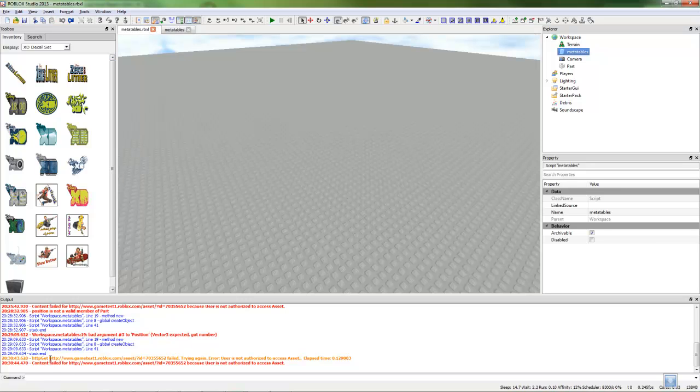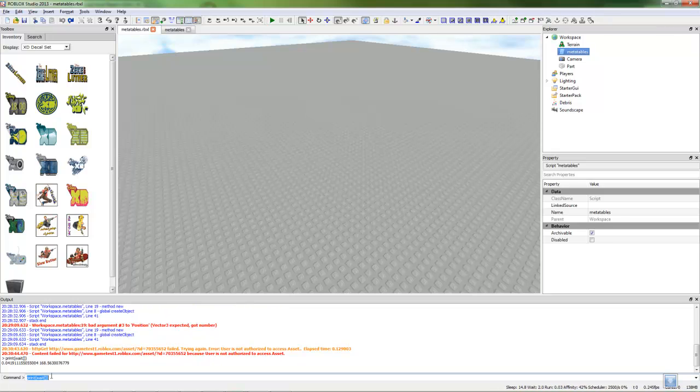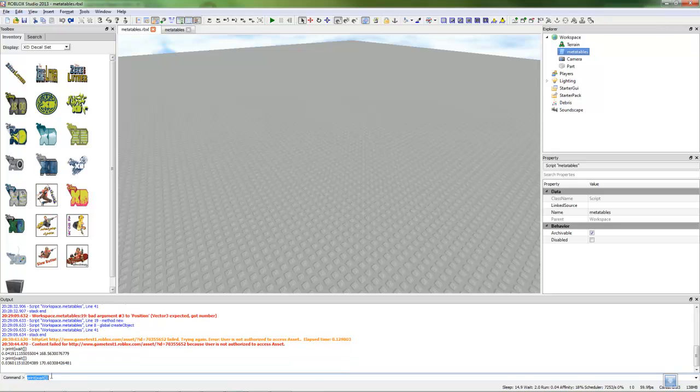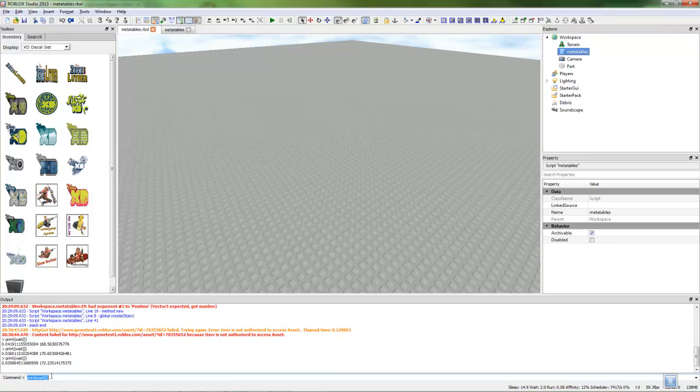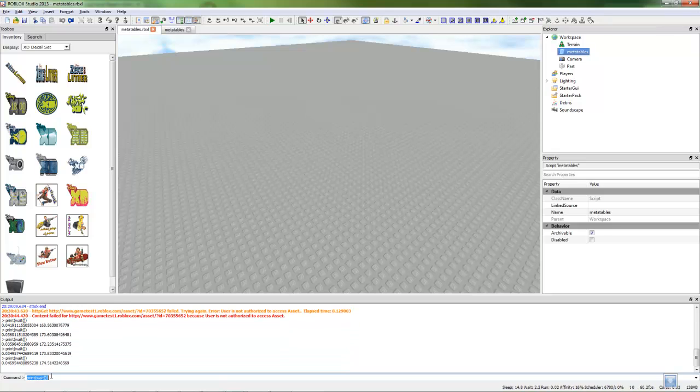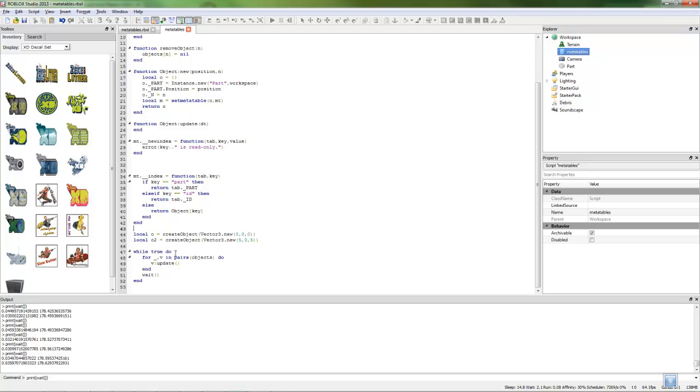But as you can see, if I print the wait, 0.04, 0.036, 0.035, it's doing this every single time. As you can see, it changes slightly. So it can't just assume dt is always going to be 0.03. We have to actually calculate how long it was since the last time it updated. So we're going to have this